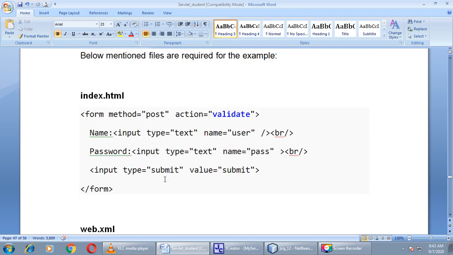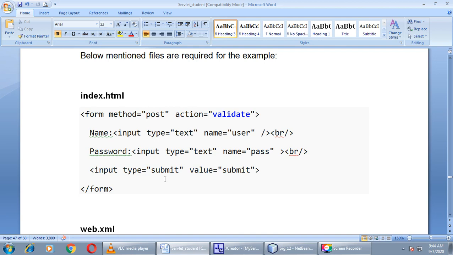Here first we will create our index.html as I have shown you in the first example. The action is validate, the method is post. Here we will define name and password, two text fields in our HTML document, right?